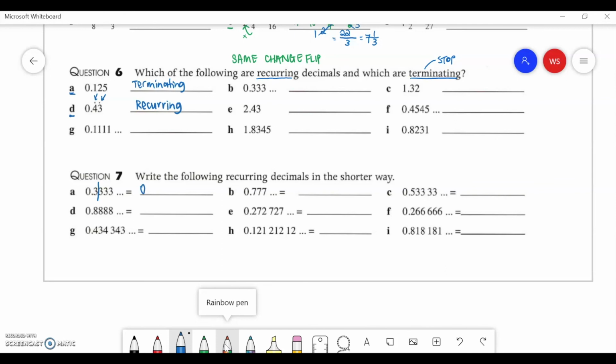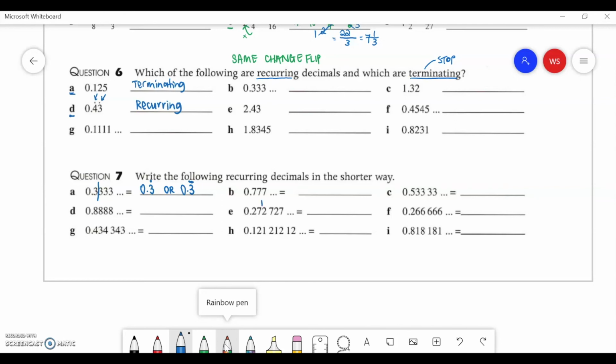Answer will be 0.3, so you can use either dots or lines above the numbers that are recurring to demonstrate your knowledge on recurring decimals and expressing that in a shorter way. So either 0.3 with that dot over there or 0.3 with a bar above. Right, question 7a. So looking at